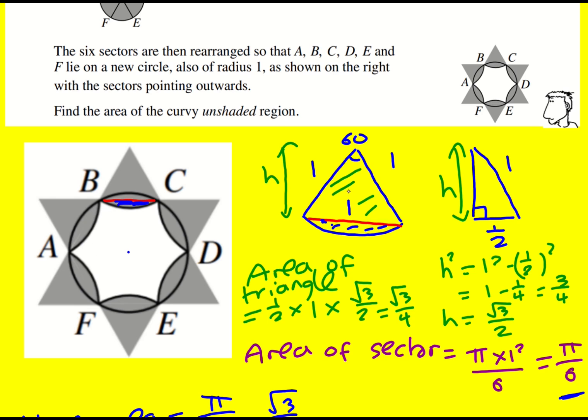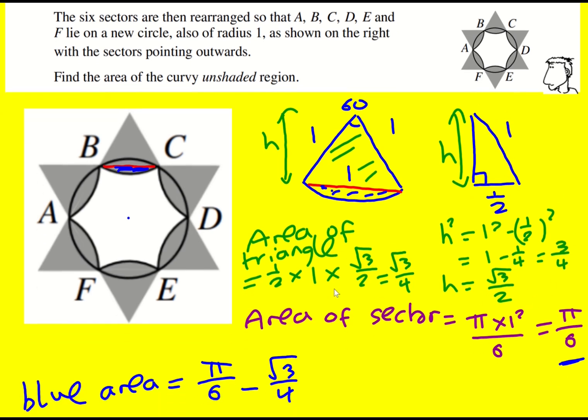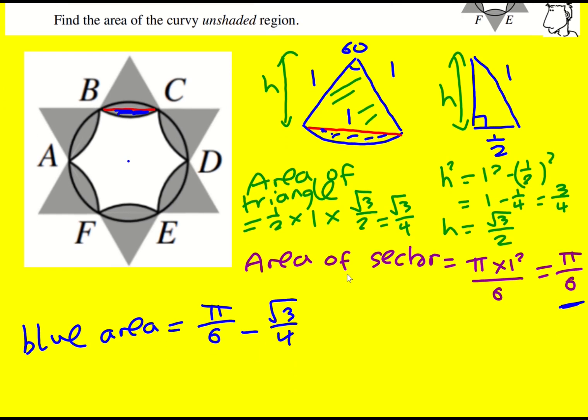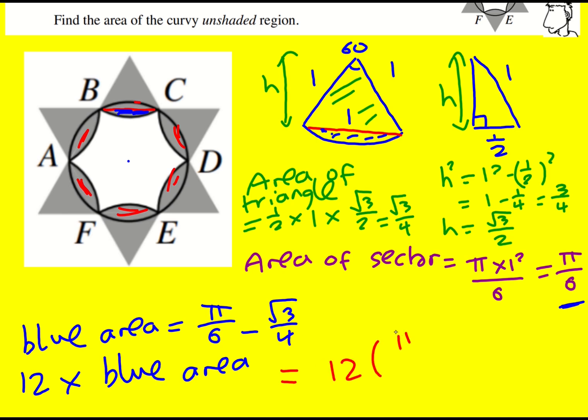So we do the area of the sector minus the area of the triangle, and we've got the area of the triangle by using Pythagoras to get the height of this triangle, split it into 2 to leave a triangle with a hypotenuse of 1 and a base of a half. That gave us height of root 3 over 2, and hence the area of the triangle. Subtract them to give the blue area. And that means 12 times the blue area, which would give, I just want to say again, all of these bits is going to be 12 bracket pi over 6 minus root 3 over 4, which becomes 2 pi minus 3